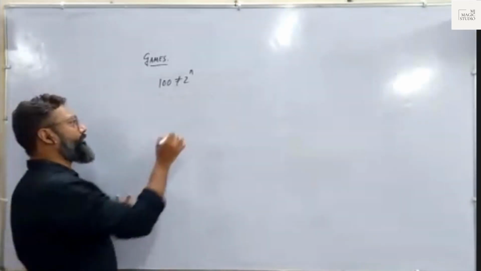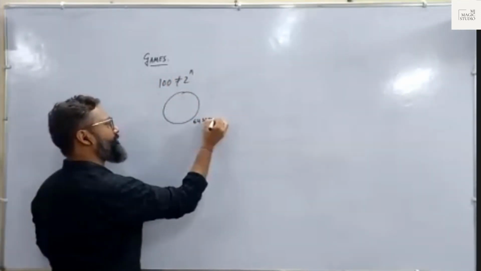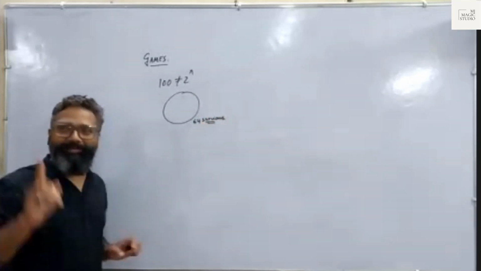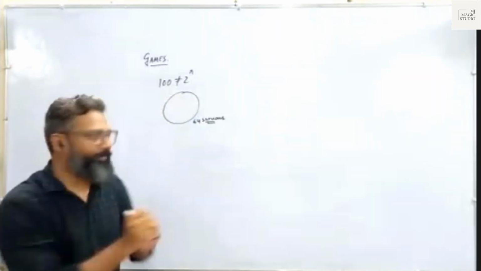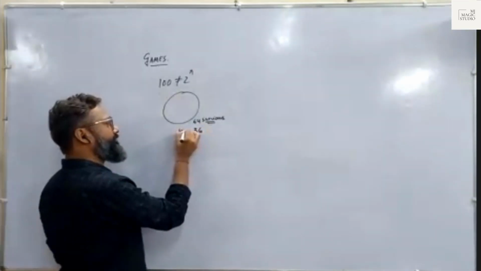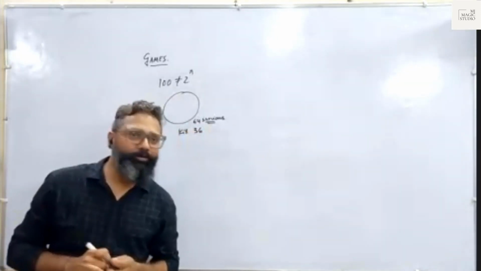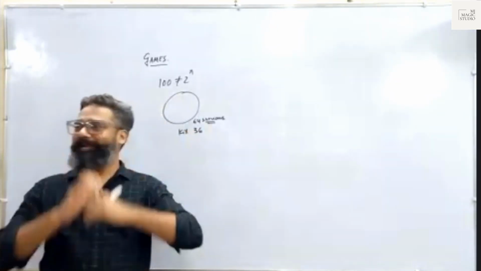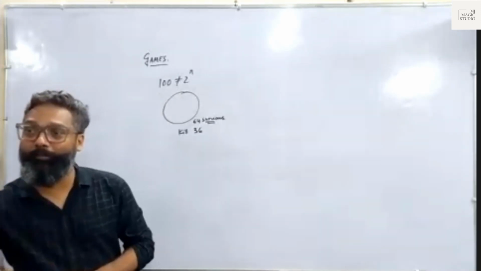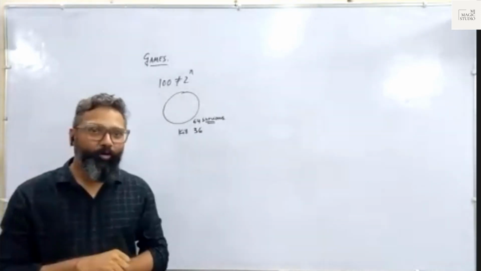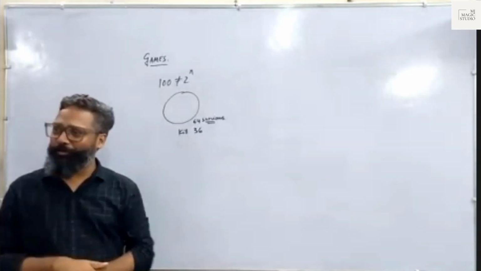That means what? There should be 64 survivors first. I need 64 survivors in the circle. To have this 64 survivors, I need to kill 36 people. And all people are killed according to the roll numbers. Who has started the game? Roll number 1. Who is the first person to get killed? Give me the roll number. Roll number 2. Who is the second person to get killed? Roll number 4. Who is the 36th person to get killed?